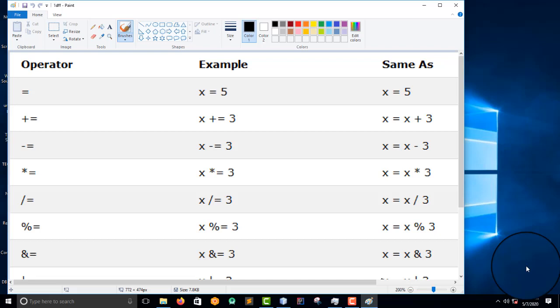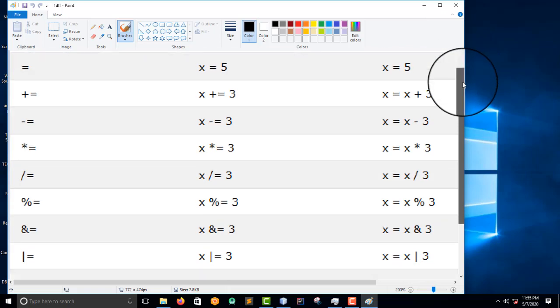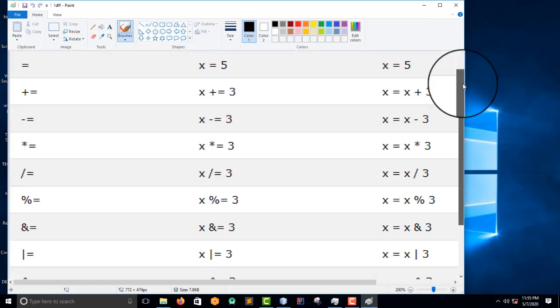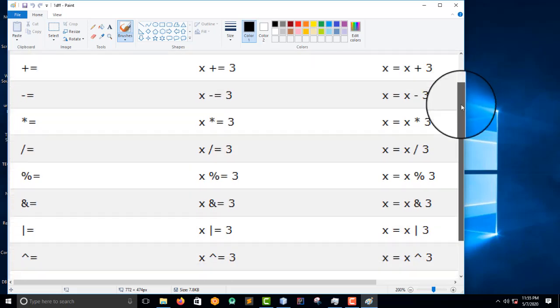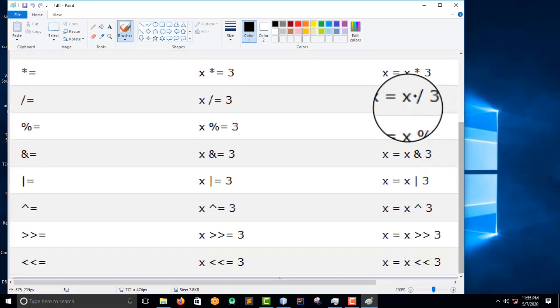So these are the examples that I have. Okay, this is the list, right? We have an operator here, we have an example, and also this one I'm trying to explain that it's the same as this, you can do this. So guys, I'm not going to do examples of this one because there is just a lot of time here. But I think the best way to do this is for you guys to try all of them, and then you see what the result will be, because I've already given you an example.